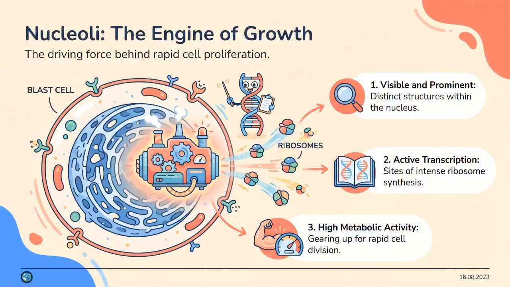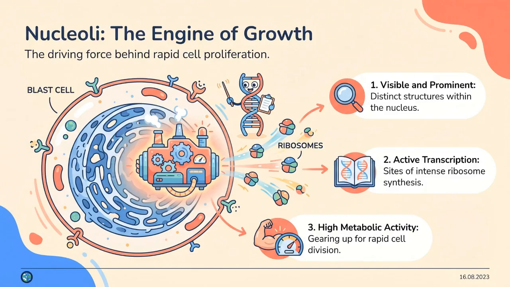Let's move on to nucleoli, another critical feature in blast identification. Nucleoli are typically visible and prominent in blasts, which is a strong indicator of active transcription. This prominence tells us the cell is highly metabolically active, rapidly synthesizing proteins and RNA for quick growth and division. In mature, quiescent cells, nucleoli are often absent or very indistinct, so their clear presence in an immature cell is